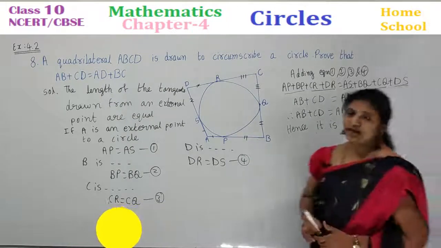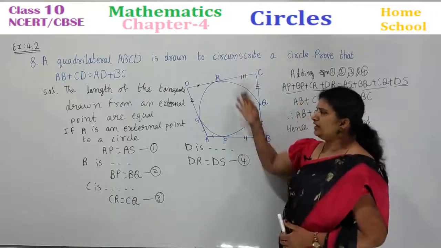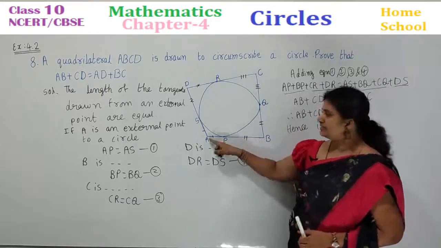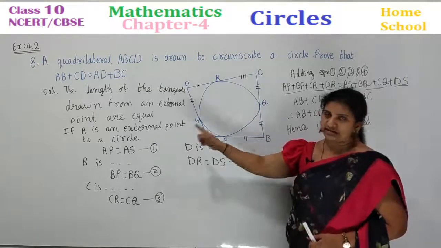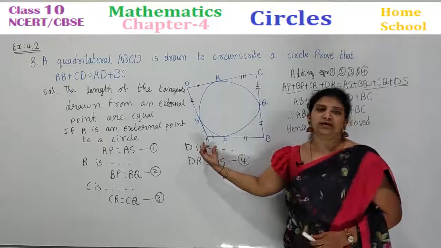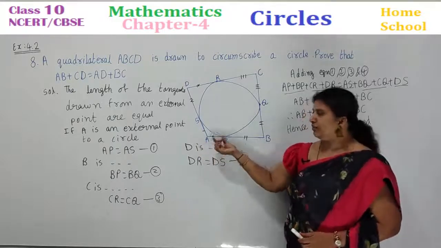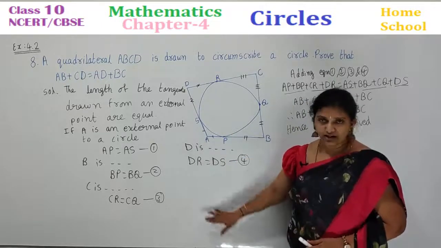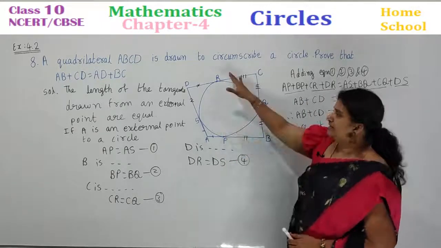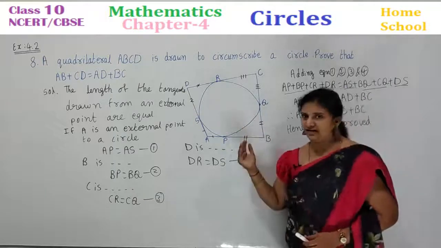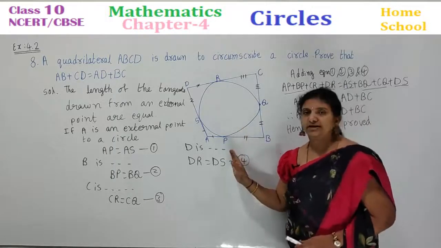Understand the concept carefully here. We know already they are equal, but how do we need to prove it? We consider these four as external points, and towards a circle there will be tangents. Tangents from an external point, the lengths will be equal. Therefore mark equal lengths as equations 1, 2, 3, 4. Then add all the equations, right? Then this line and this line will be one side and this line will be the other side. Okay? Try to understand carefully.